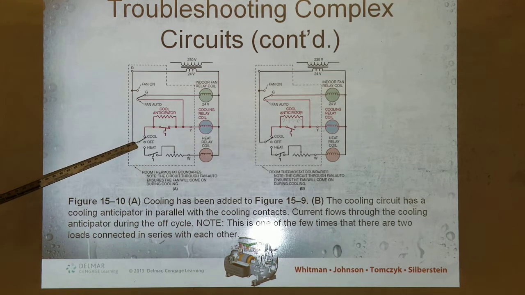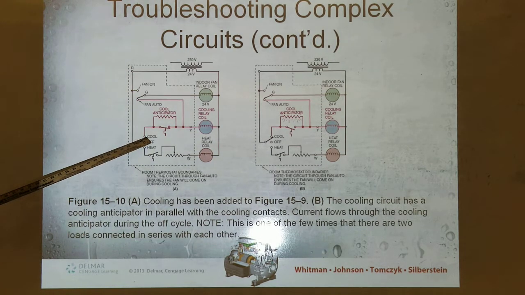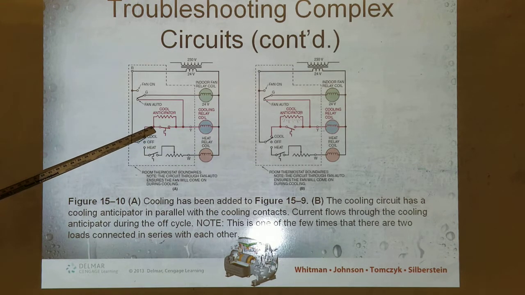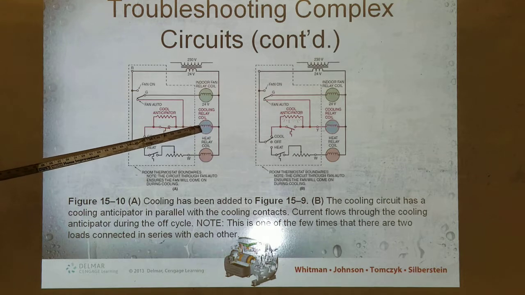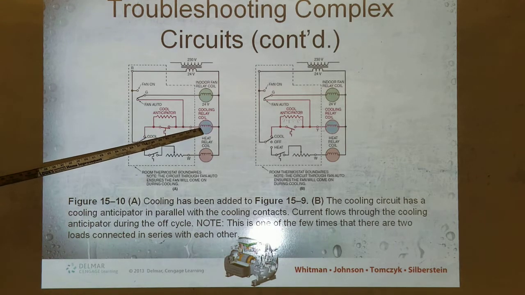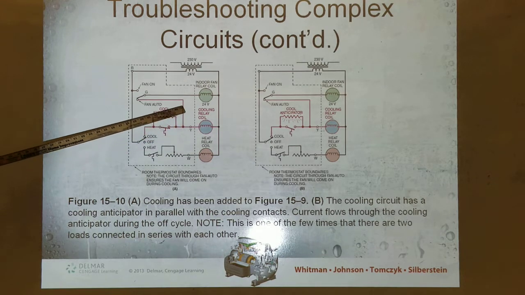Oh look, we can come down through here, and we come through the cool switch, the mode selector switch on the thermostat, comes through the thermostat, there's a cool anticipator, it goes through the temperature sensing device inside the thermostat, and it goes out the yellow terminal and energizes the cooling relay coil, right? See that? Also makes another turn here, and it goes up